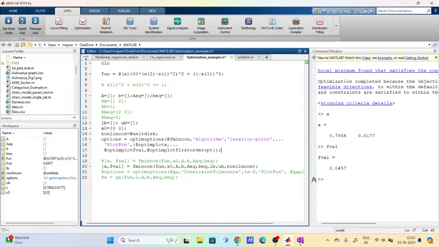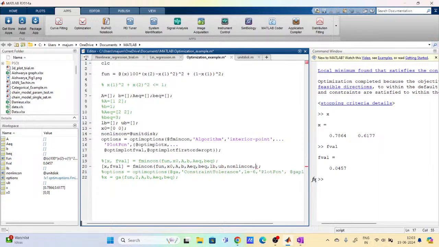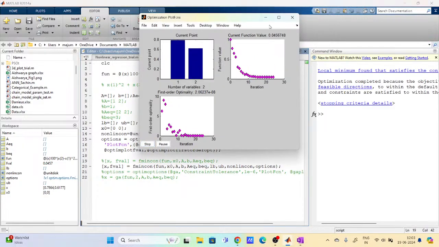So let me use these options now. After putting the option, after the nonlinear constraint you need to put here options. This option you need to put into the function file. Now I am running it. Look,